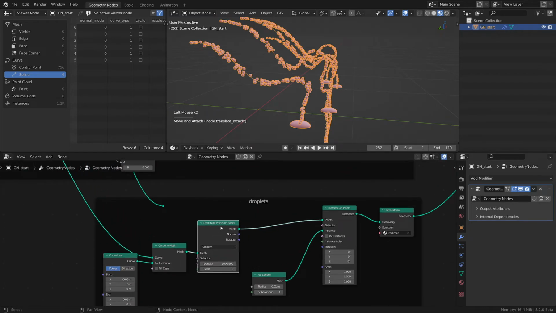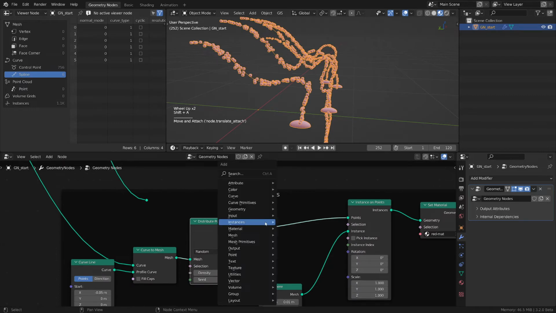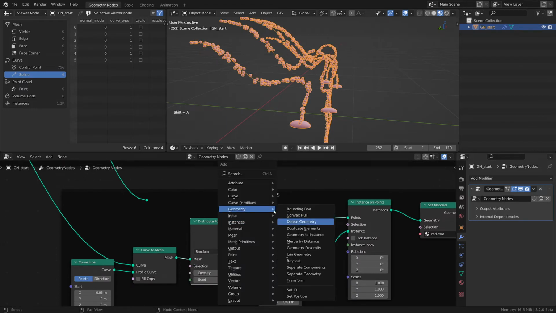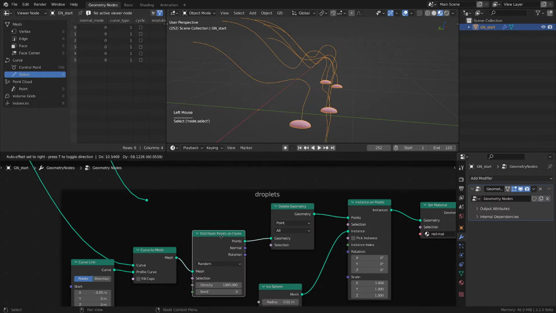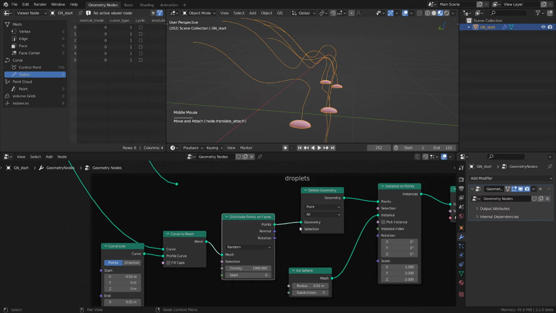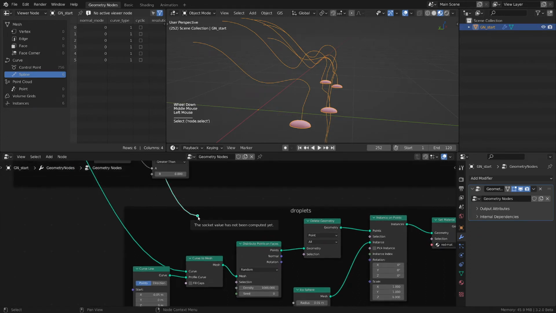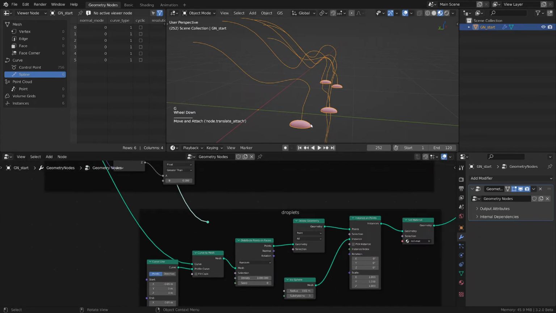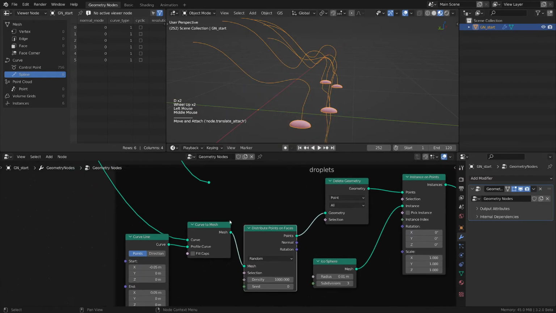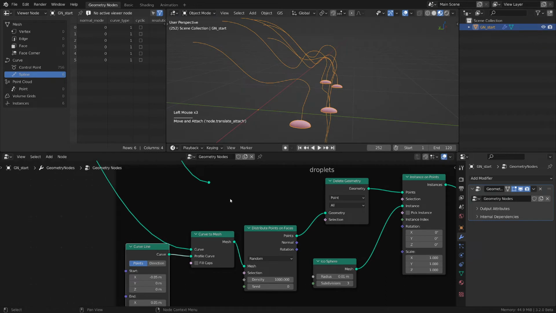How? Let's go after this distribute points and introduce a delete geometry, and we will delete the points. And now we see everything gone, but we will create a mask that will look at this information, meaning the trimmed curve, and based on proximity it will decide if these points are distributed before the water drops and therefore have to be visible, or are in front of the water drop, and therefore have to be invisible, meaning deleted. So how can we do this? Well,